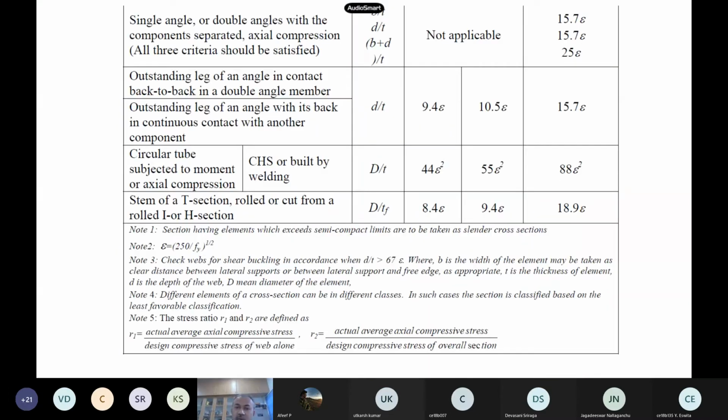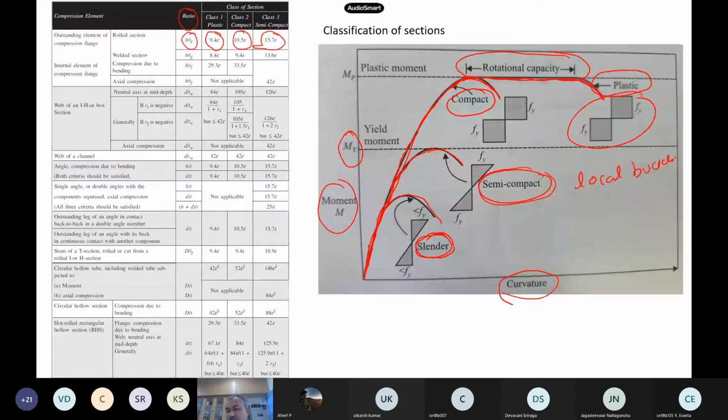So this is how the cross sections look in the moment versus curvature relations. Plastic means it will go to all fibers; the full beam has gone into the plastic range, a plastic hinge forms, and it stays for some amount of time. It also has ductility, that is, rotational capacity. This is a plus, and this is the most ideal cross section, which everybody wants, because it has ductility and strength, everything.